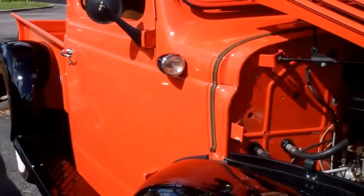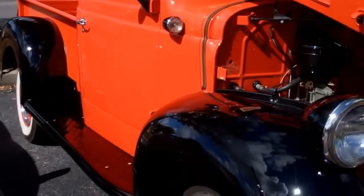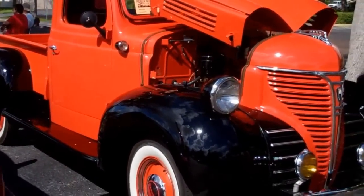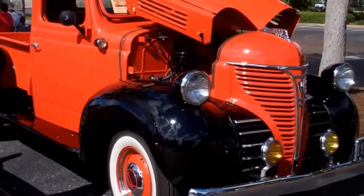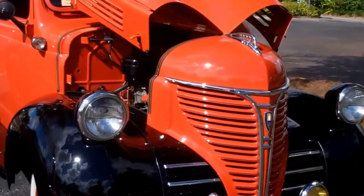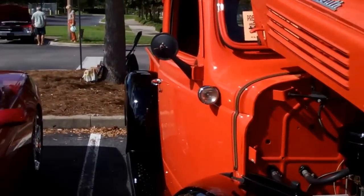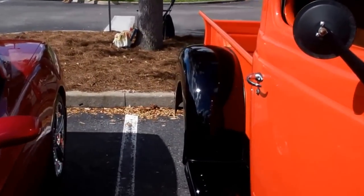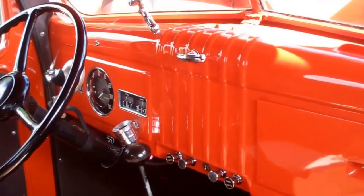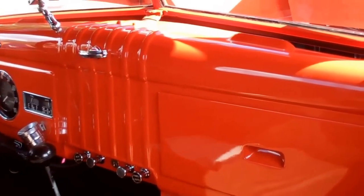This is a real sweet little 41 Plymouth pickup. To tell you the truth, I didn't even know Plymouth made a pickup. This little guy is tidy. That paint is deep. It's all original. Come here. Look at this little radio over here on the side. It's a little...